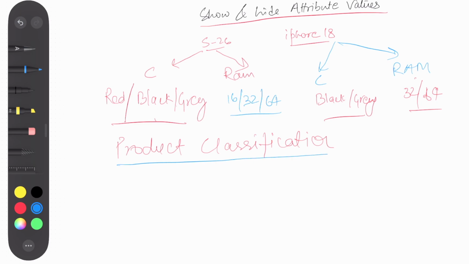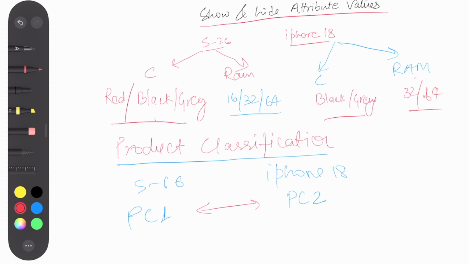So since these two products have different picklist values, they are utilizing the same attribute and attribute values, meaning picklist or picklist values, but still they have different configurations. So as we discussed earlier, a product classification is a set of configuration. So for S26 we will create PC1, that is our product classification 1, and for iPhone 18 we will create another configuration called PC2 and assign that configuration to the phone,